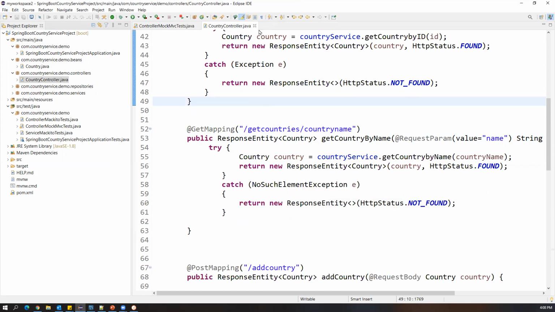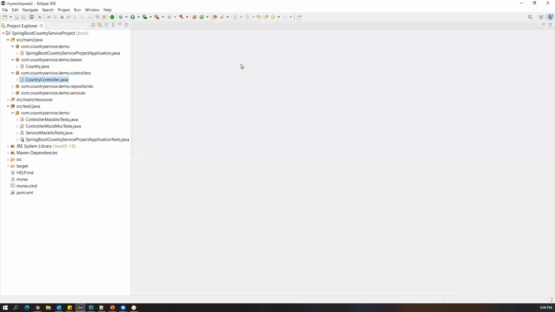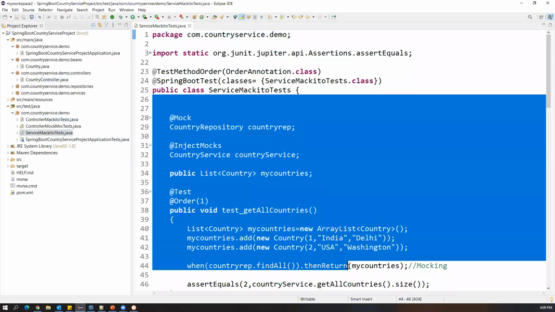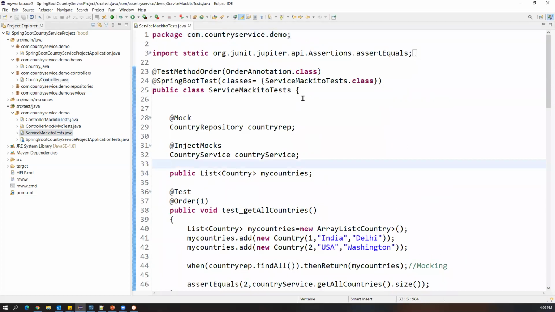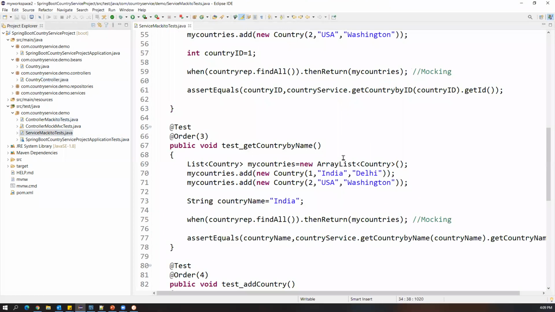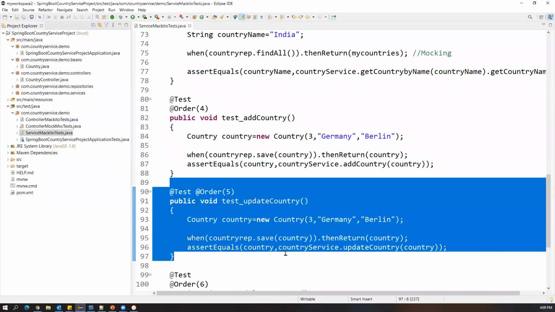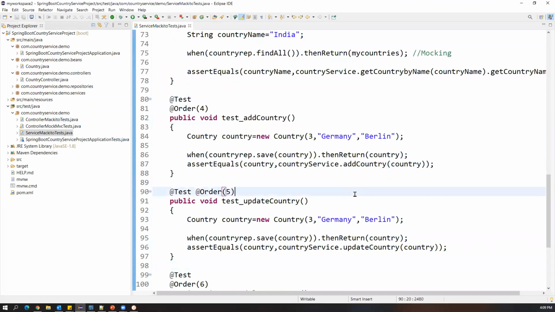Okay. So now if I look at here, we have written three different types of unit test cases. First, we tested the country service, and if I look at our test cases, the service Mockito test, these are the unit test cases we have written for testing the service layer. Here we haven't used any mocking. So this service layer will directly talk to the database and do the operations. For that, we have written all the unit test cases only for testing the service. But here we haven't used any mock or Mockito or MockMvc. It is just plain JUnit test cases which we have written for testing the service, and the service again internally talks to the database.